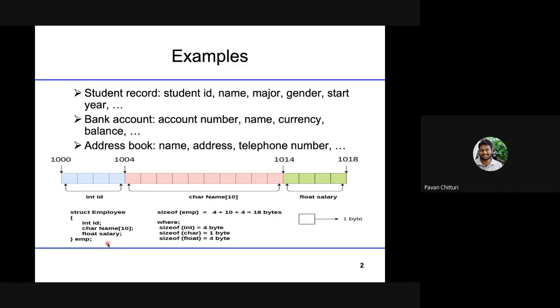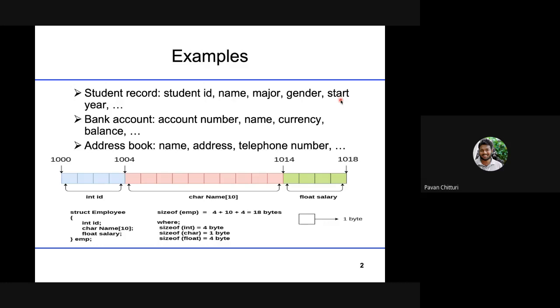So example: if you see the student record, the student record has your student registration number, your name, major in the sense of department, which department you belong to, gender, which year you have started. All such kinds of information can be stored. Anything can be stored, whether you have an NSF scholarship or not, whether you are in the fees reimbursement category, management category, or spot admission. Anything can be maintained, but according to your problem, the data that is required has to be grouped together.